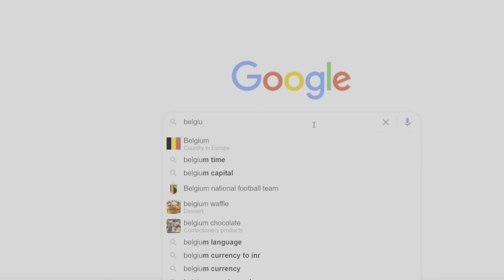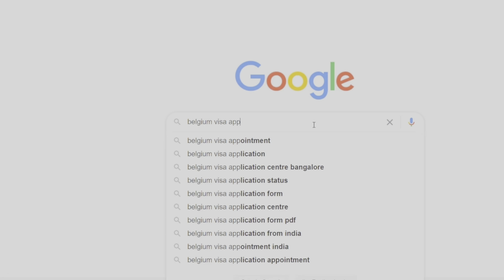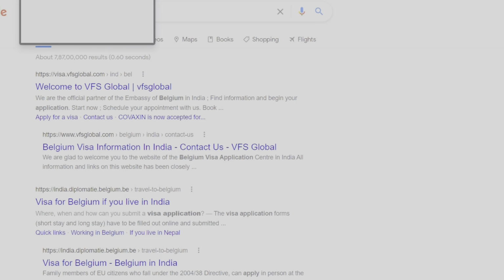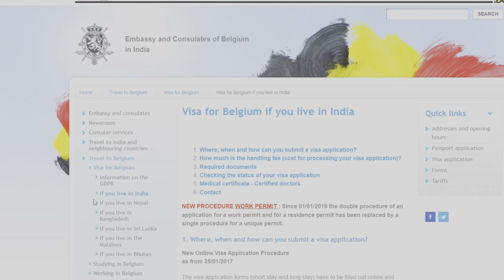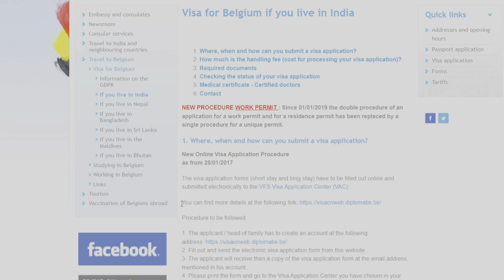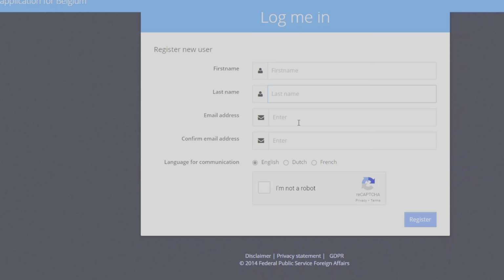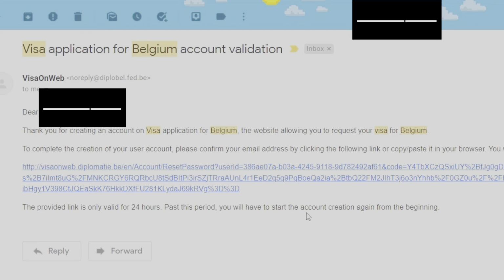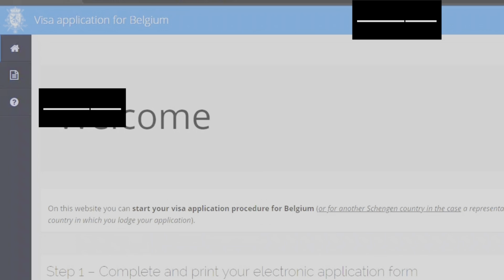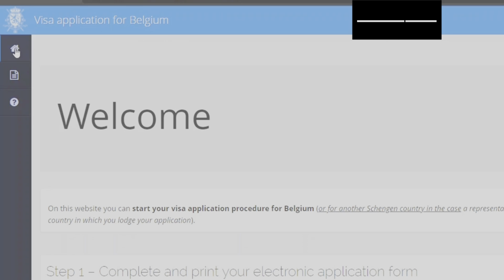So let's find the Belgium visa application portal by typing Belgium visa application, and you get the second link, diplomatie.belgium. Click on the same, and this is the Belgium visa portal. And if you haven't registered yet, just click on register and fill up the details. So just activate the account using the email link and log in. Now let's proceed with the application filling. Choose new application,